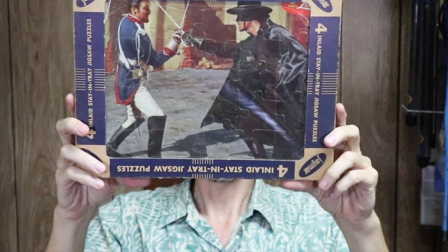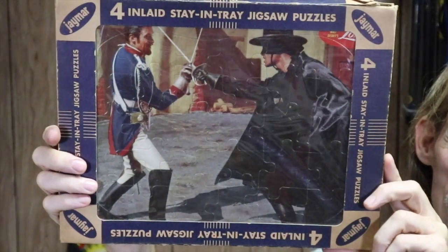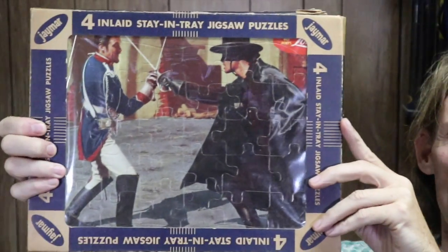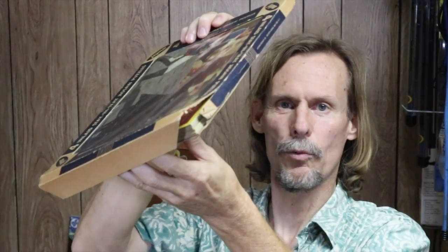This is from the 1950s, and Disney collectors, of course, will recognize this. Western collectors will recognize this. This is Zorro, and these are the Jamar stay-in-tray picture puzzles. What's great is that it's got the original box. Usually these are long gone and you just have the puzzles. Now the box has a little bit of wear,